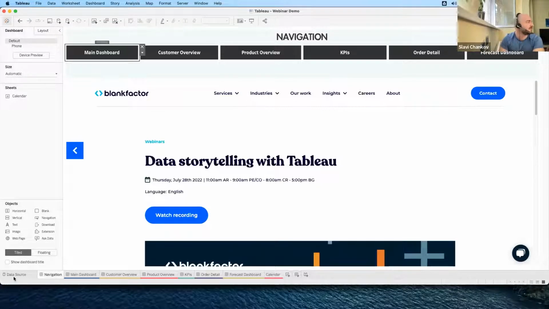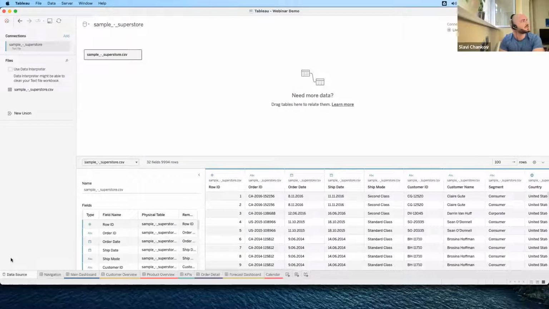is the data set provided by Tableau. It's called Sample Superstore, and it's in CSV format. And in my opinion, for everyone, it's better to start with the flat file, with an Excel file or Access file or whatever,